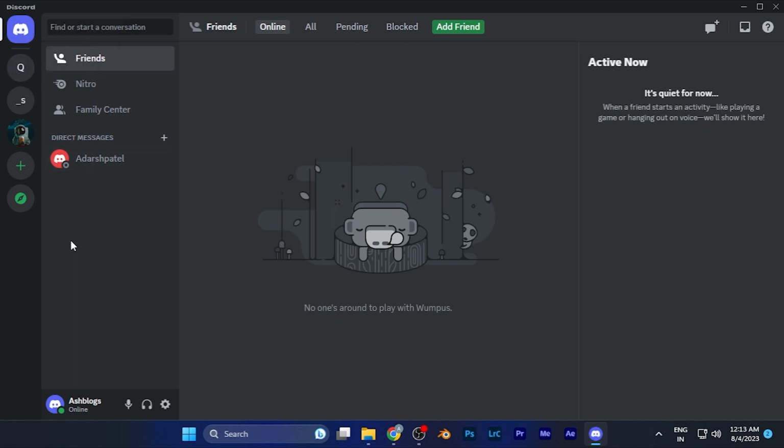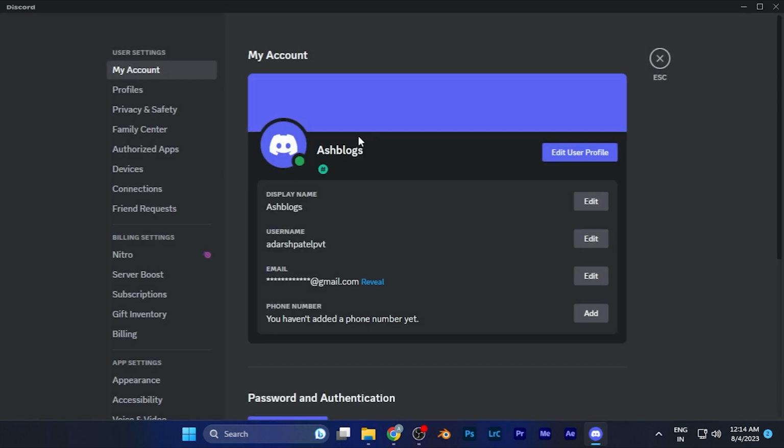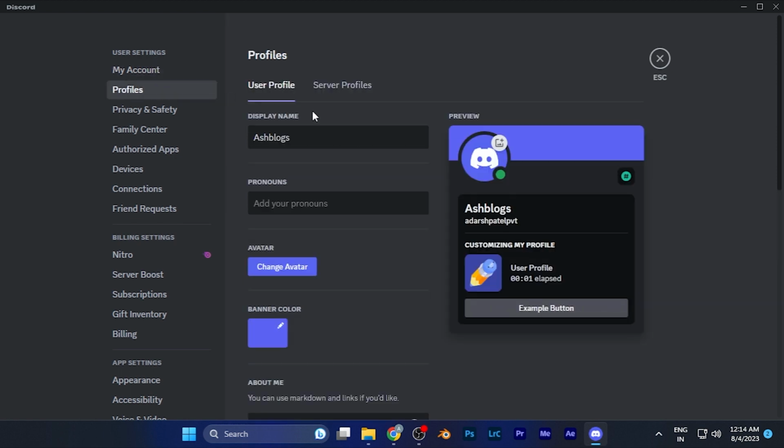If I want to change this, I have to go to the option of settings, which you can find in the left bottom corner, the icon of settings. When you hover the mouse over there, it says user settings. Just simply click there. Now here on the left window, you're going to find an option of profiles in the user settings section. Just simply click on this option, and here in the preview section you're going to see this